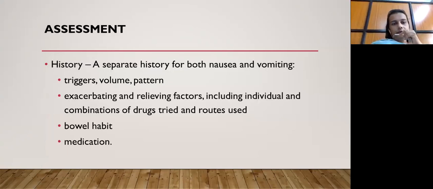So how do you assess a patient who has nausea and vomiting? When the patient comes to you with a history of nausea and vomiting, a proper history is important. Why is it important? I mentioned distinguishing between regurgitation, nausea and vomiting. So we need to take a separate history for both nausea and vomiting. We need to know about the triggers, the volume and the pattern. What are the exacerbating and relieving factors? Have they tried anything? What drugs have they tried? What are the